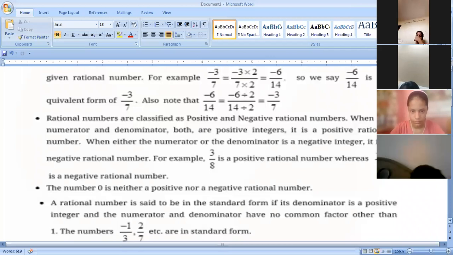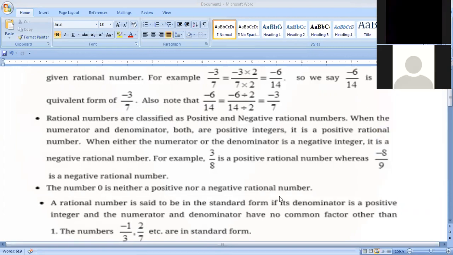Suppose it is given minus 45 by 30. What will be the answer in the standard form? Minus 45 by 30. 5 6 are 30, 5 7 are 35. So minus 7 by 6. Yes or no? Minus 35 by 30. So this is